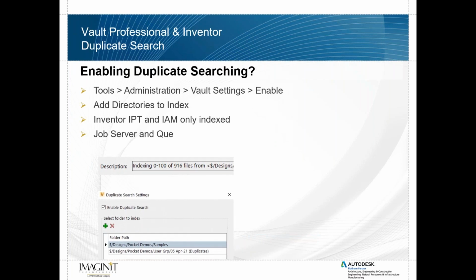How do we configure the Vault? So previously I talked about what was required here. How do we configure the Vault for duplicate searching? Those of us that have used Vault, those of us that are IT that are on the call here or do some of the administration are familiar with the Vault settings. You simply enable it by going to Vault settings. We have a box here, which I'll get into in a moment. We just check that box. We pick what paths, what directories we want to search. If you want the entire Vault, just pick $designs or whatever your top level directory would be, and enable the job queue so that it can process and start indexing the data. And we'll see that